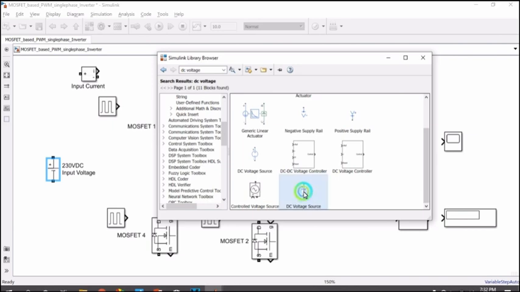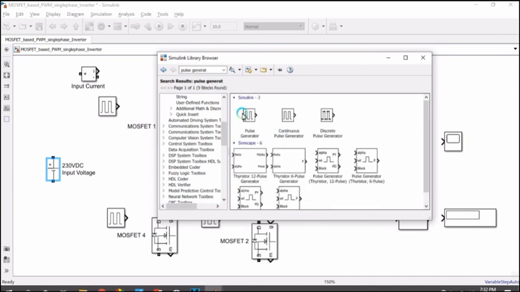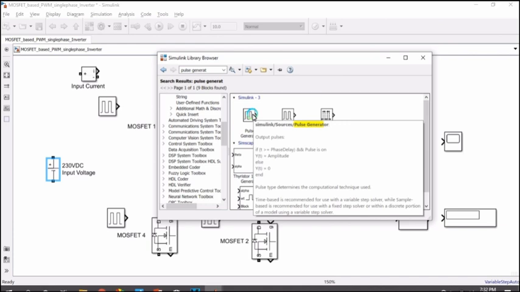The DC voltage source which is in the Simscape available in the Simulink library can be taken.